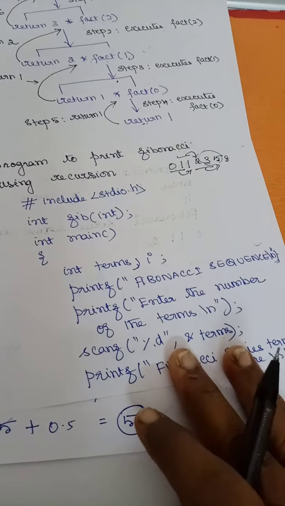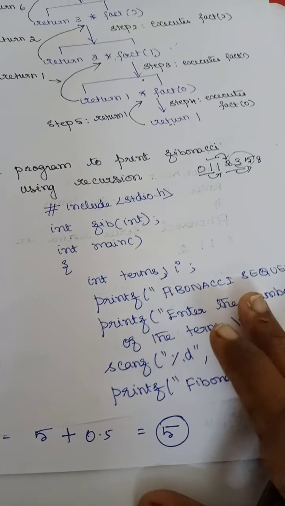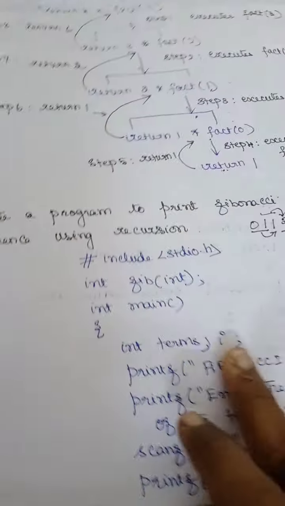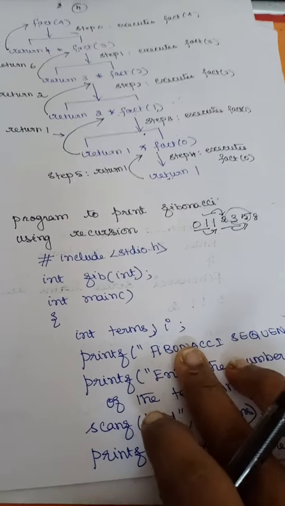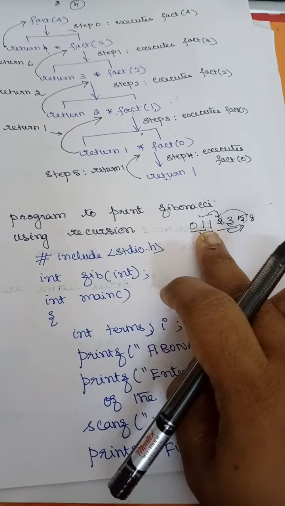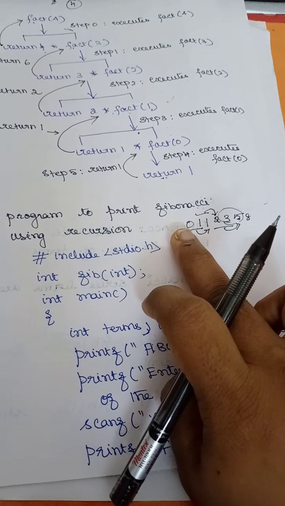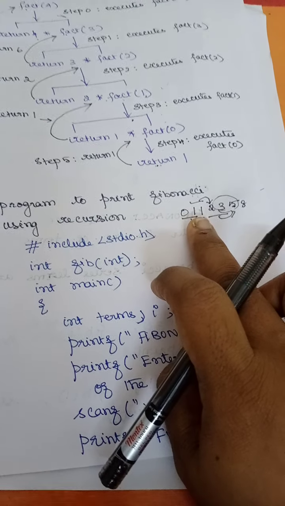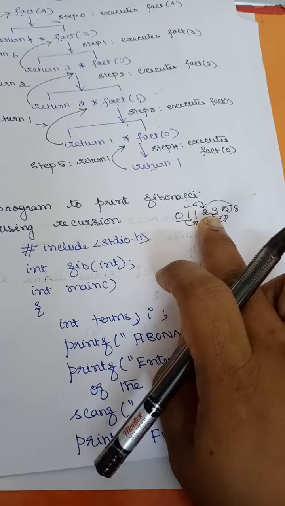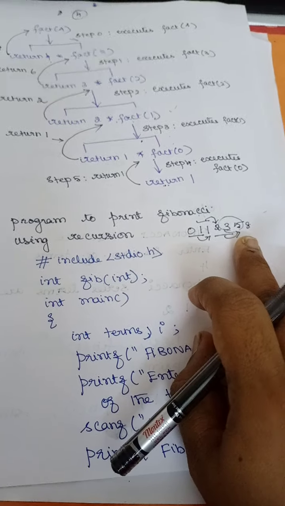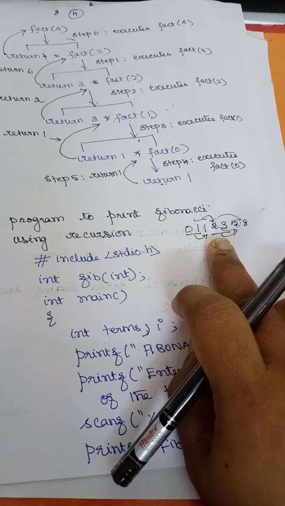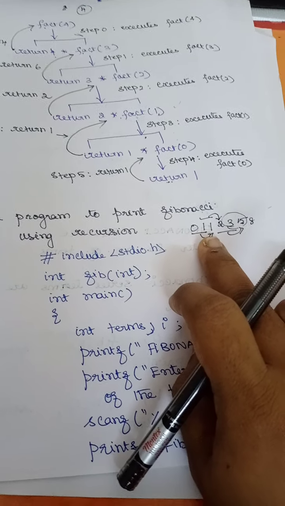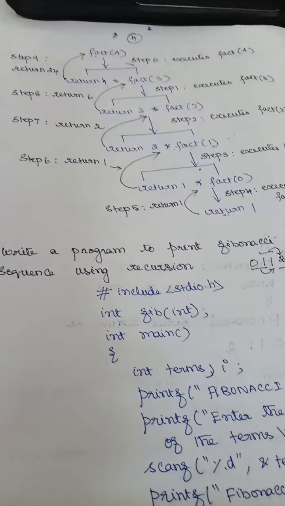Already you have done this using for loop or while loop, etc. Now we'll see how to convert this into a recursion, right? So the concept is going to be the same. If you want to find the third value, you need to add your n minus 1 and n minus 2 terms to get your nth term, right? So this is going to be the same for n number of terms in a Fibonacci. So I can reduce my problem and then I can try to get the Fibonacci terms, right? We'll move on to the program and then we'll see how this works.